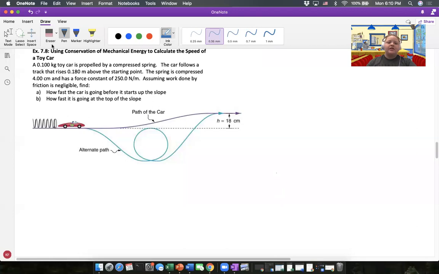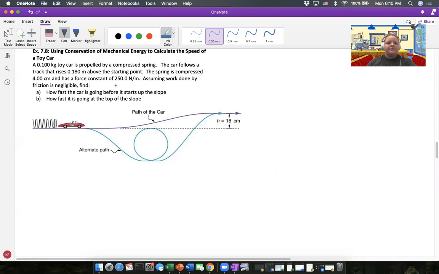Okay, so we're going to be looking at example 7.8 here. And we have this situation where we have a toy car with a mass of 0.1 kilograms, and it is propelled by a spring. The car follows a track, as you can see here in this illustration, that rises 0.18 meters above the starting point, or 18 centimeters. The spring gets compressed 4 centimeters, and has a force